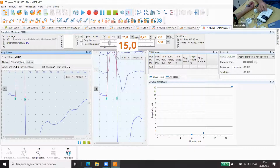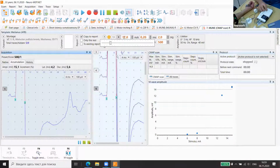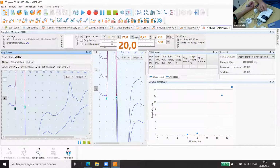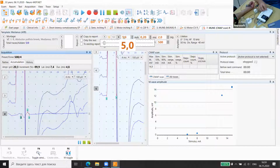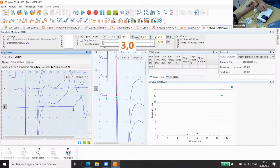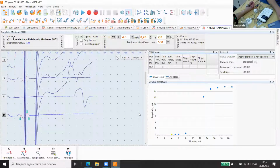For example, 5, 10 initial stimulations. On this data, we will then generate the stimulation program. And at first, initial. So, yes, okay. You can see here that